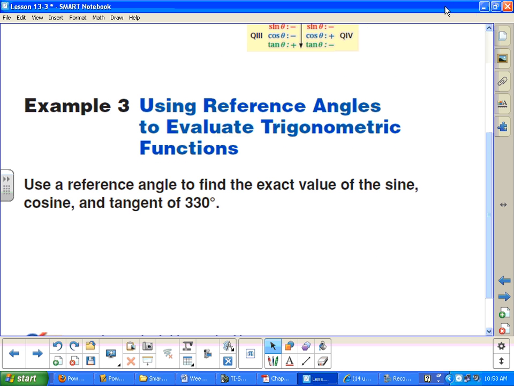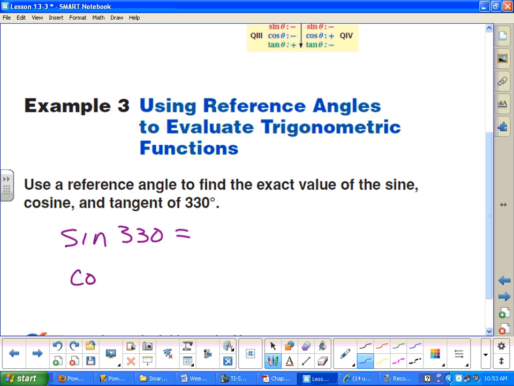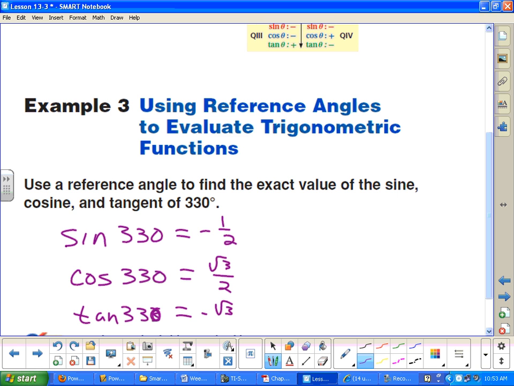When it asks you to use reference angles, you don't need to use reference angles, you just need to find it on the unit circle. But here's how you must, you heard that word, right? Here's how you must write your answer then. Can you read it off my board? So you're going to have to say sine of 330 equals, cosine of 330 equals, tangent of 330 equals. You've got to write it like that. So then sine is negative 1/2, cosine is square root of 3 over 2, and tangent is negative square root of 3 over 3. The only thing is that's just the way you write your answer for me when you do these with reference angles. Okay? So your homework